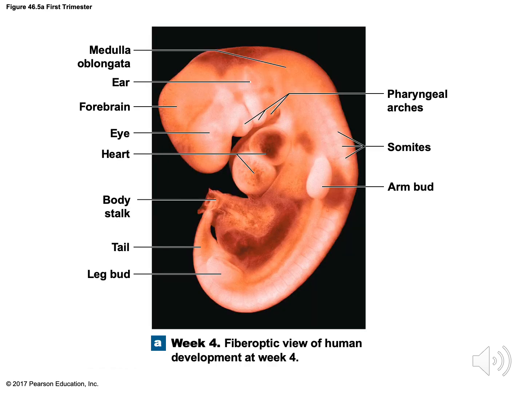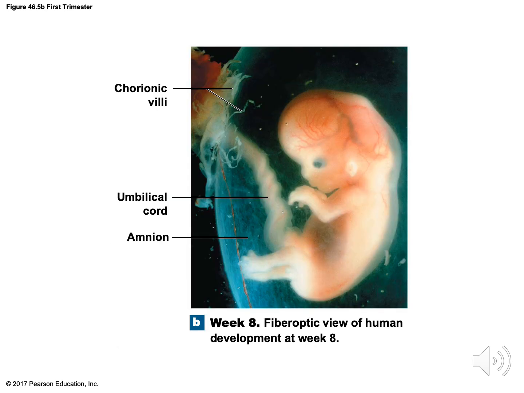This picture shows an embryo at week 4. We can now definitely see the formation of major organs. As seen here, you have the heart, forebrain, eye, some arm and leg buds, but you can't really tell that it's a human. That could be just any sort of animal. By week 8,